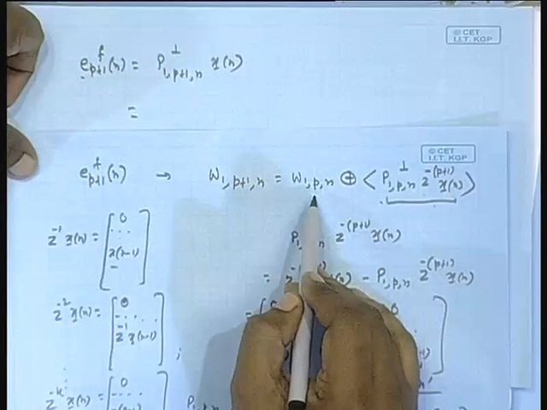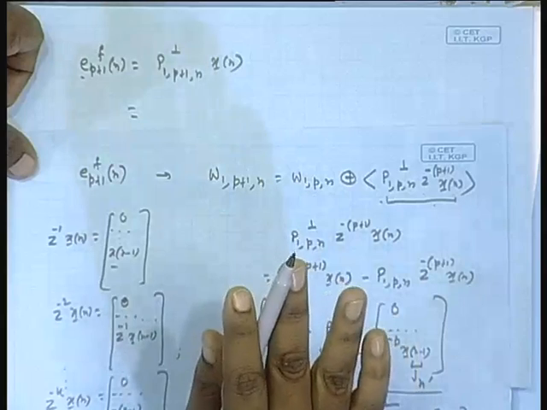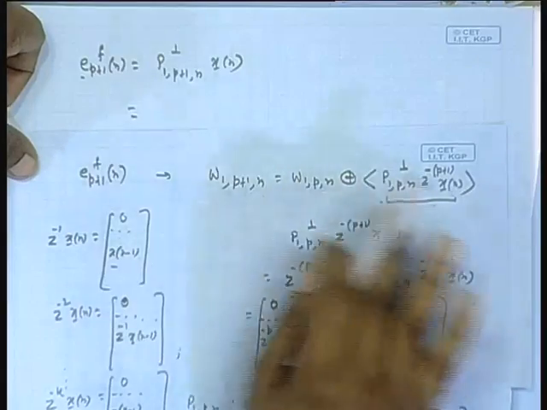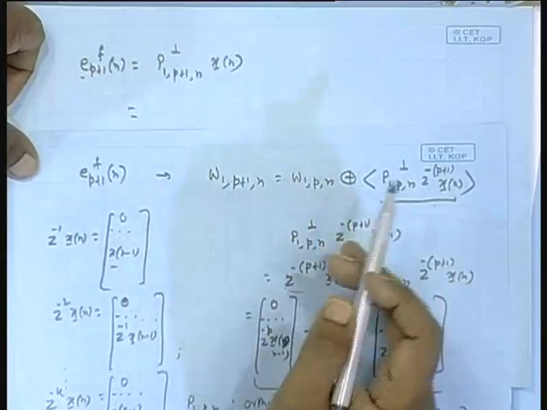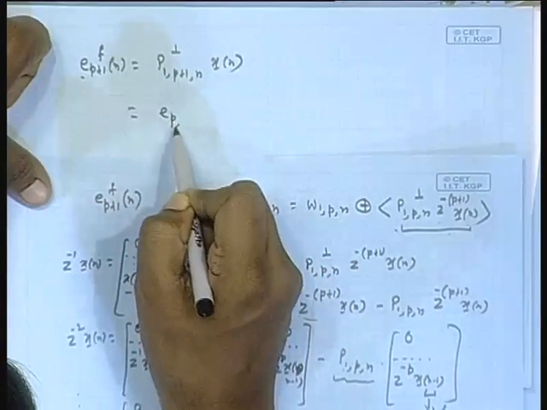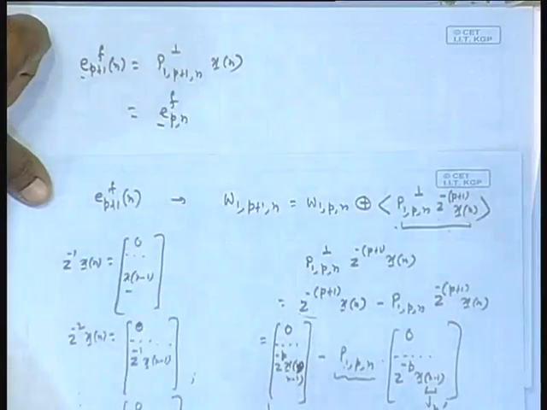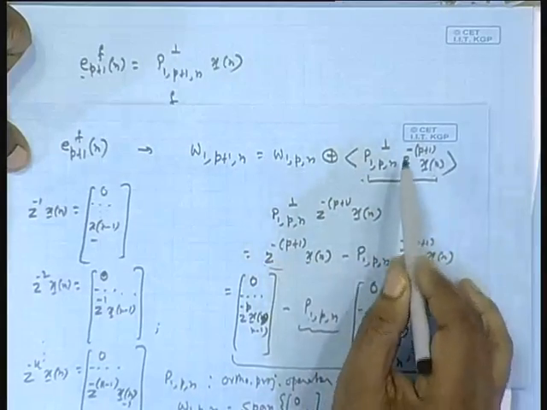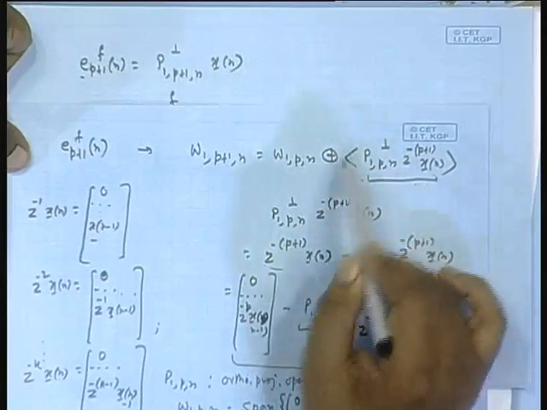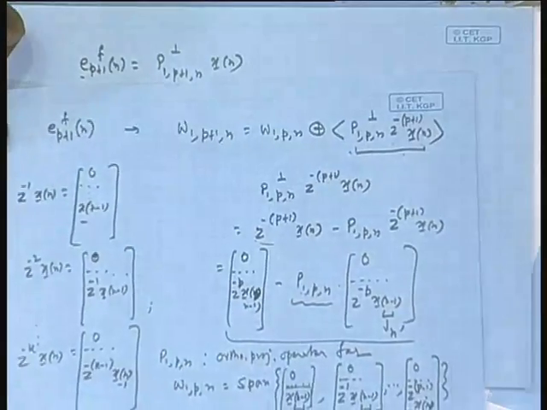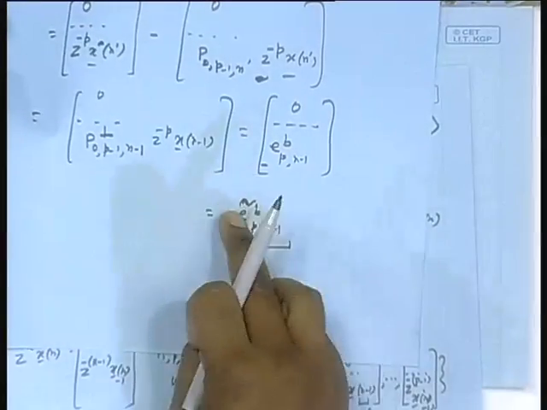X n minus projection of x n on this. You understand now? I will be projecting x n on this means x n on this first plus here, subtract that from x n. So, x n minus this projection here means what? Projection error, pth order, forward projection error. Minus x n and this vector inner product divided by norm square of this vector into this vector, right. This vector we already found out a name for it, this fellow is of this kind. Remember this?